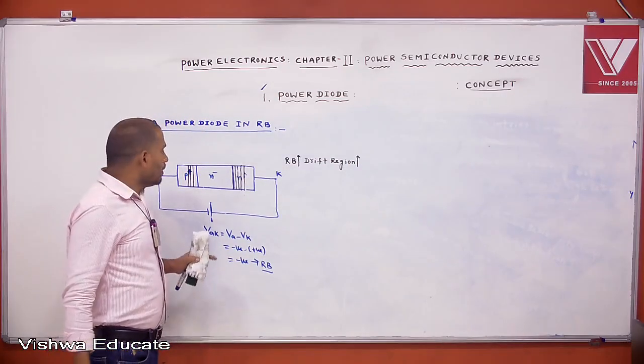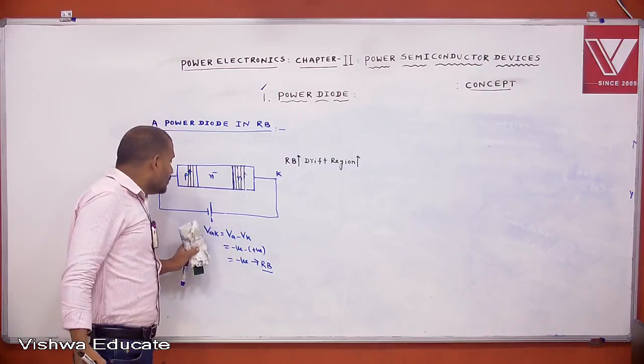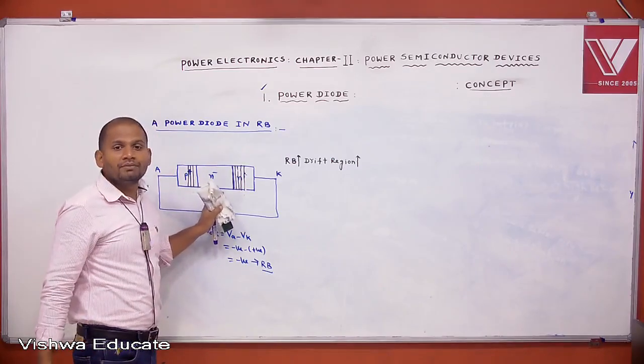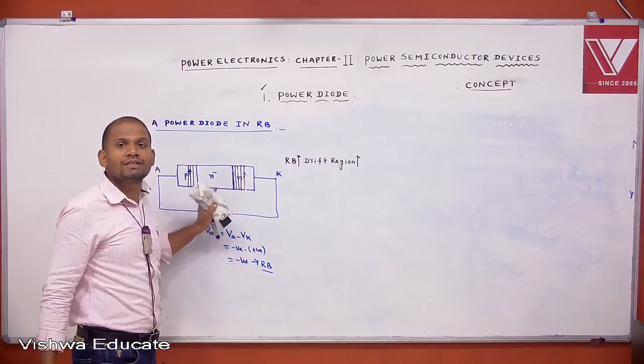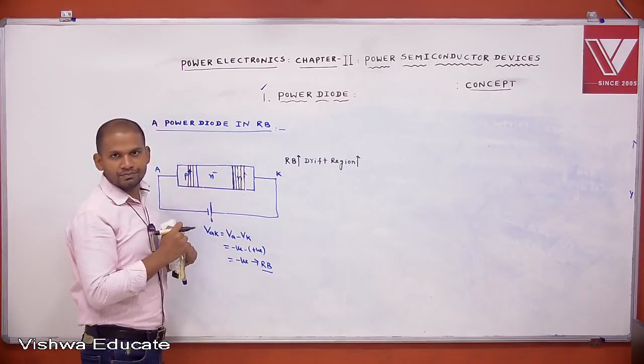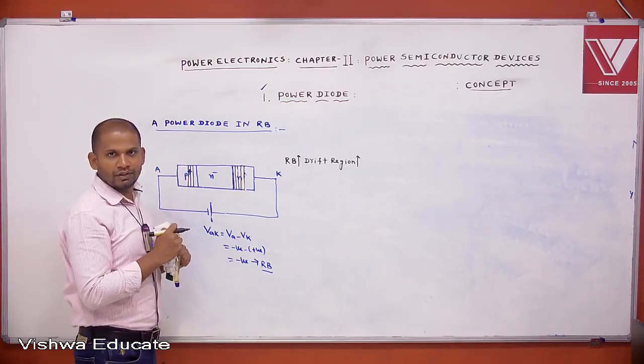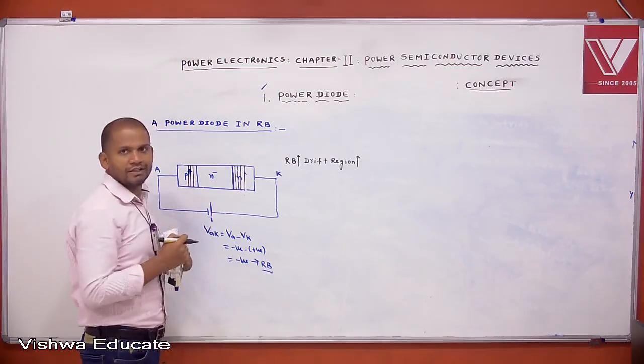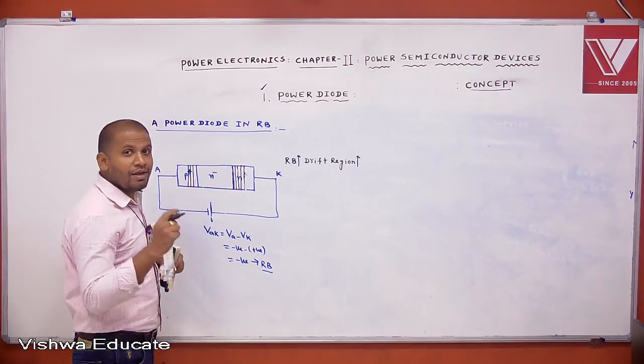Okay. If the continuously reverse voltage is applied and increased, the drift region is continuously increased. Understood? In some diodes,